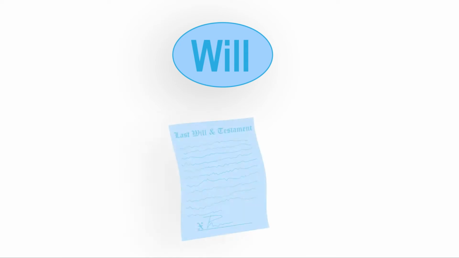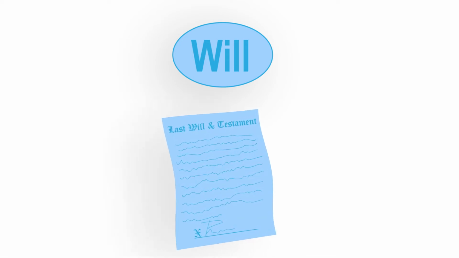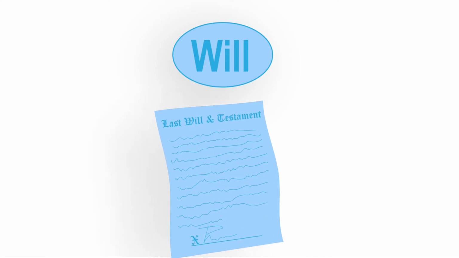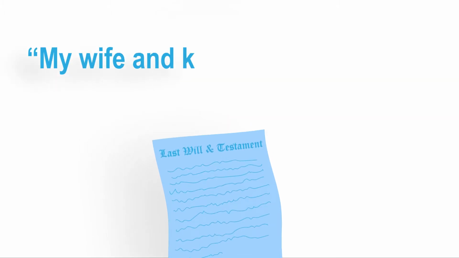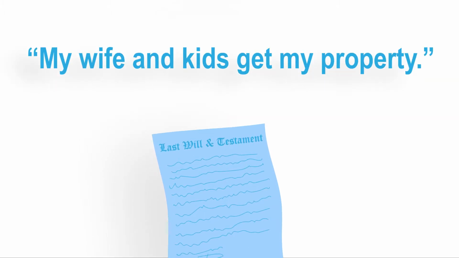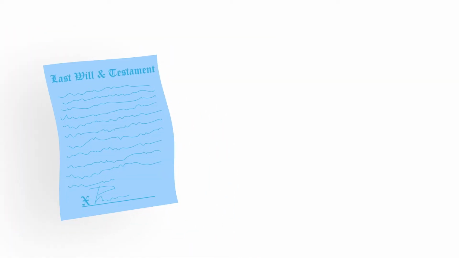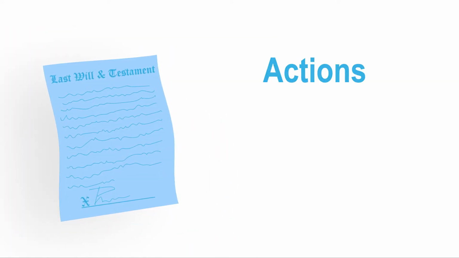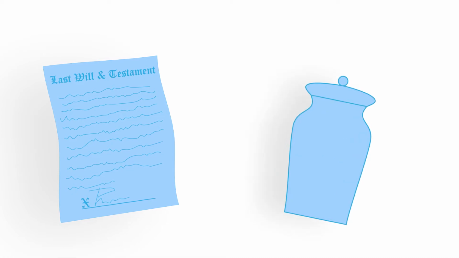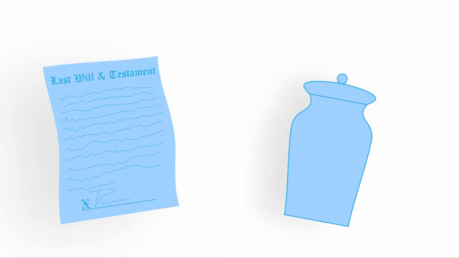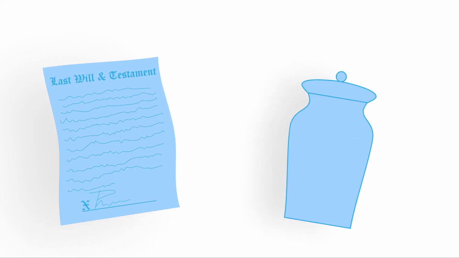You've no doubt heard of a will before. It's a legal document stating anything that you want done after you die. Wills are often wrongly seen as a document that determines who gets your property, but that's not actually the case. A will is meant to state any actions you want taken after you die. Symbolic gestures like whether or not you want to be cremated or have your ashes scattered at a specific place,